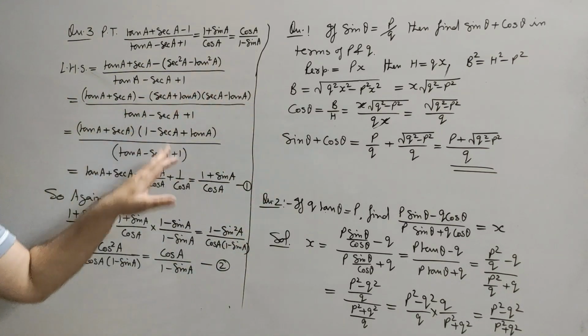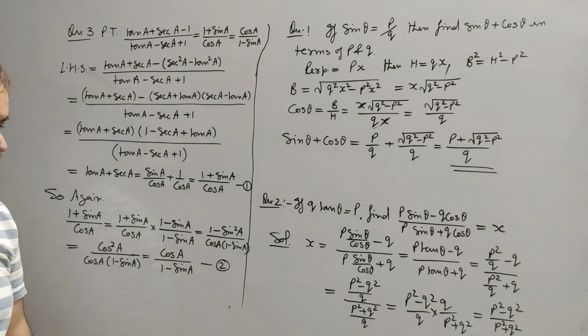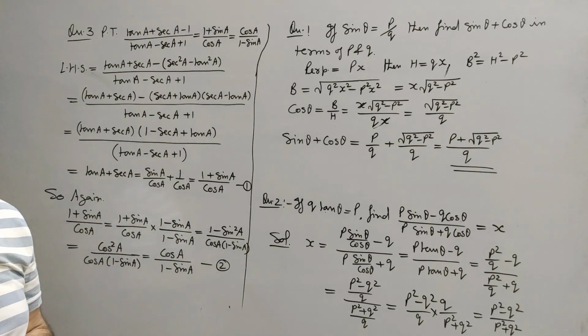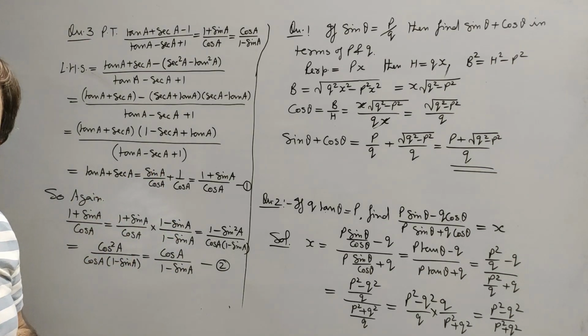So it was about a few examples to understand trigonometric ratios, their mutual relations and trigonometric identities. In the next video we will understand the signs of trigonometric ratios in various quadrants. Also, we will find out the T ratios for complementary angles, supplementary angles, and for 270 plus minus theta and 360 plus minus theta.